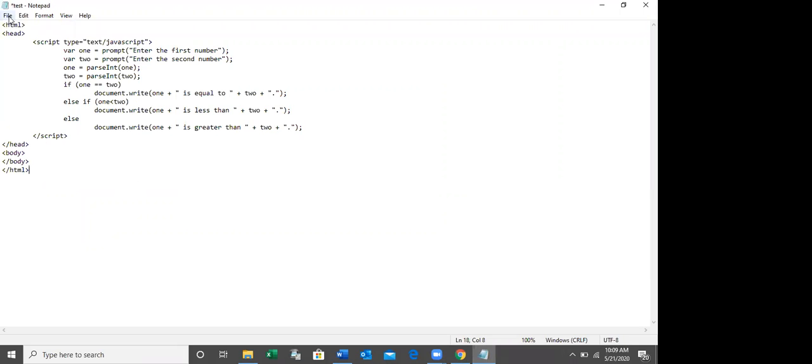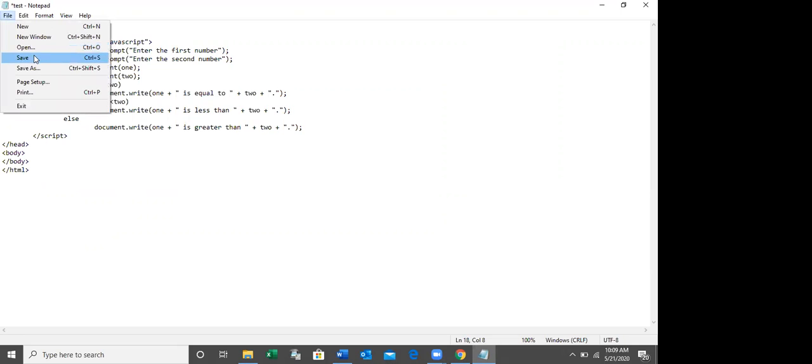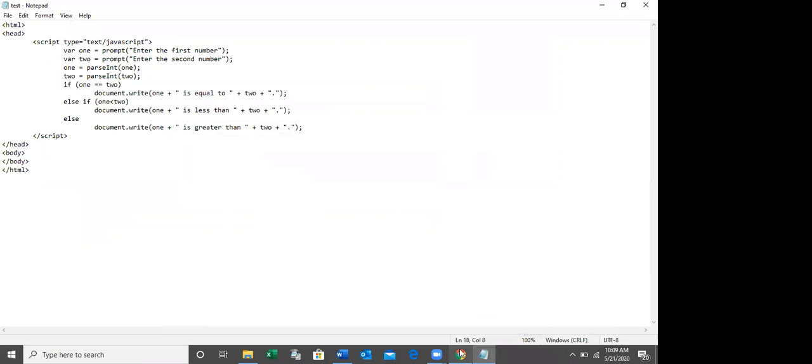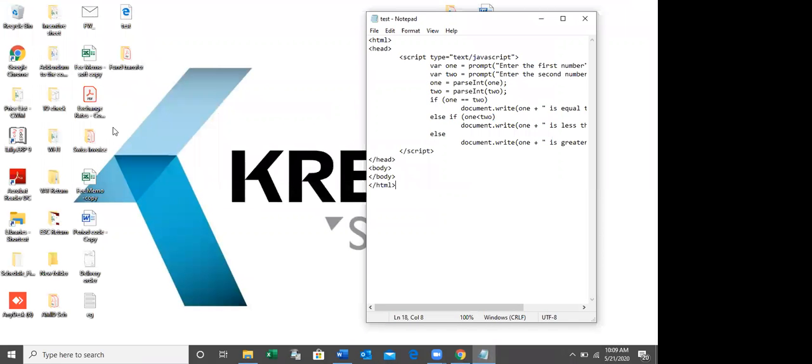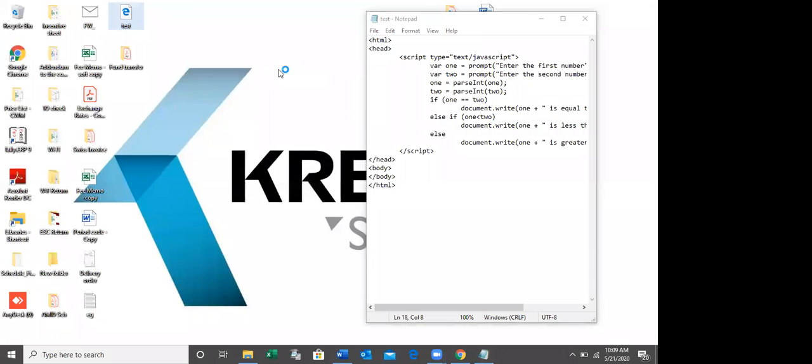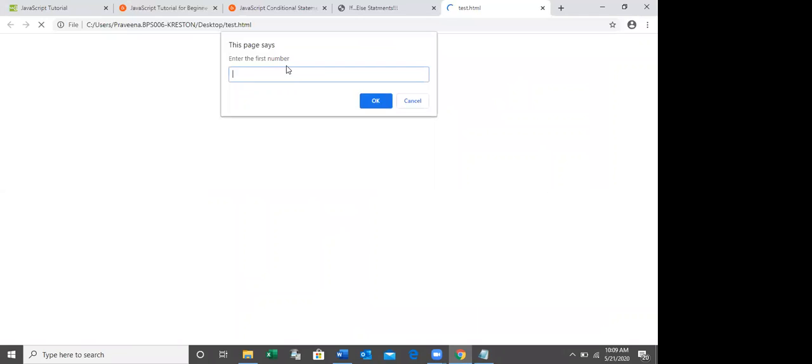Okay, see here. We enter the first number. Say my first number is 10. Then it's asking to enter the second number. My second number is 20.